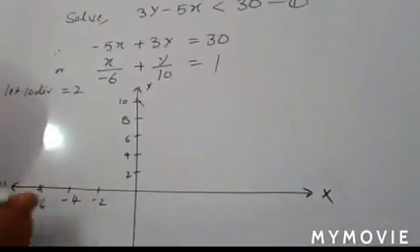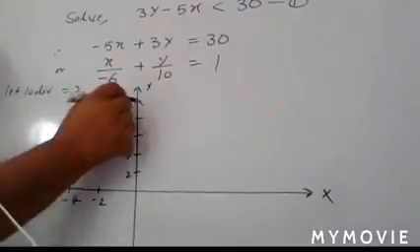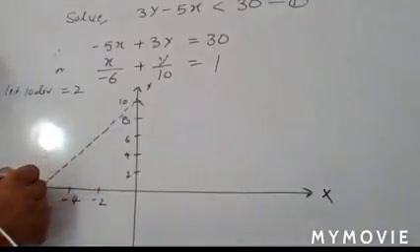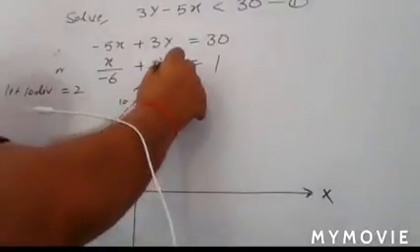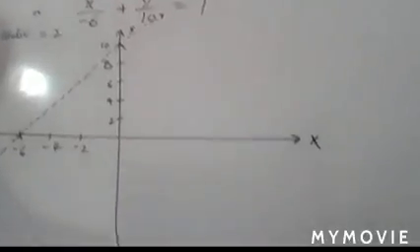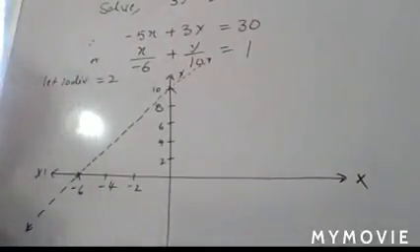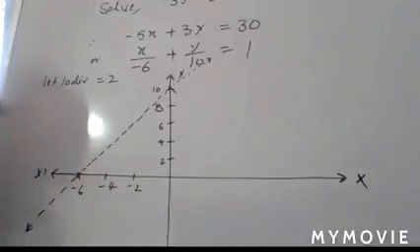And with the help of a scale, you can draw a dotted line over there. So you join these 2 points and extend it. So here you extend this line. Yeah, like that. So after drawing a dotted line for the given inequation, you have to check it for test point (0, 0).